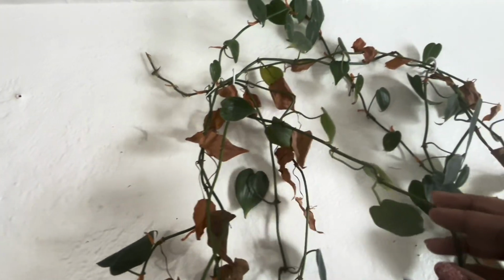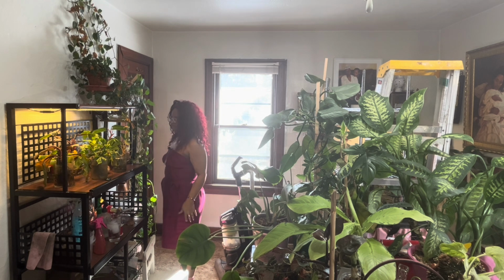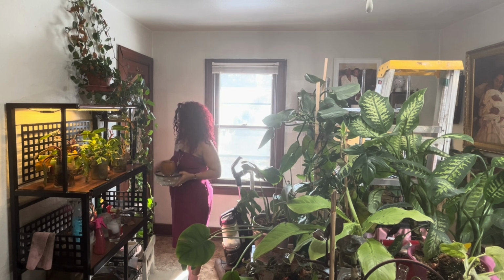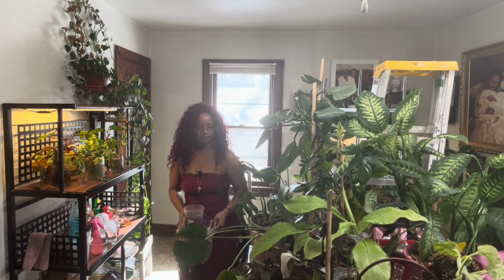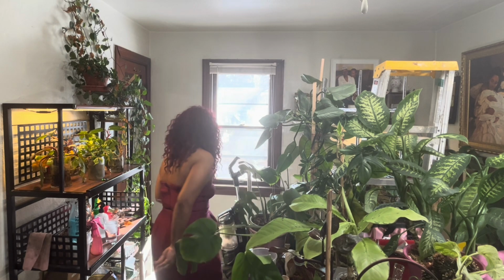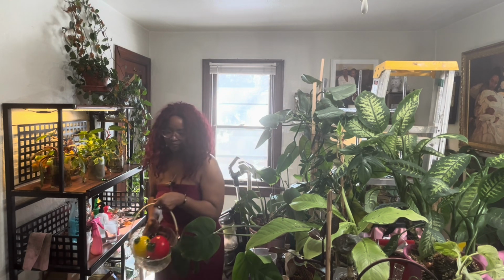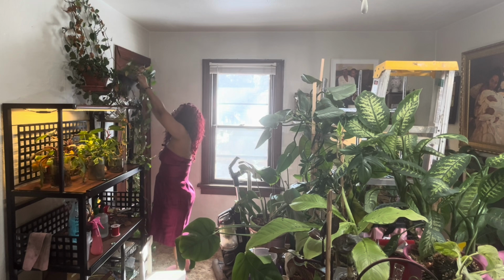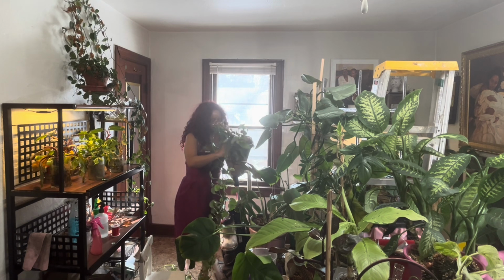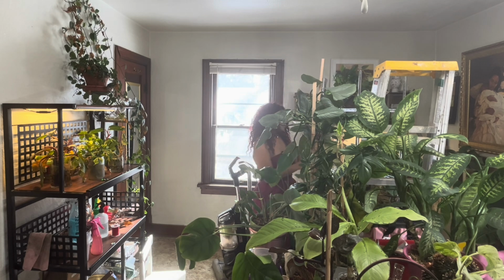Those two, they start growing up against the wall. You keep them up there long enough, that'll happen. But look how sad they are. Let's pot those plants. She's got some long pieces, but